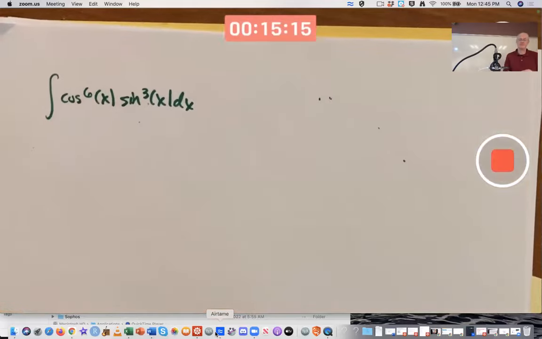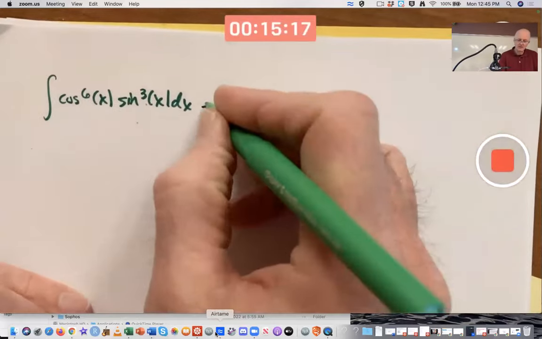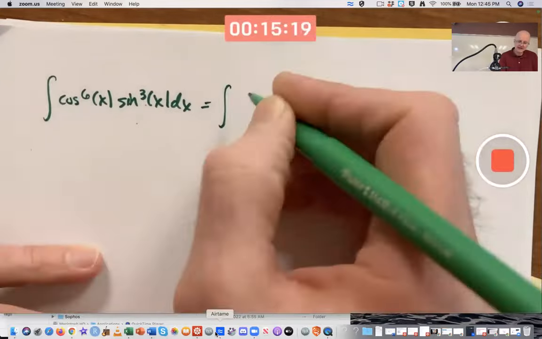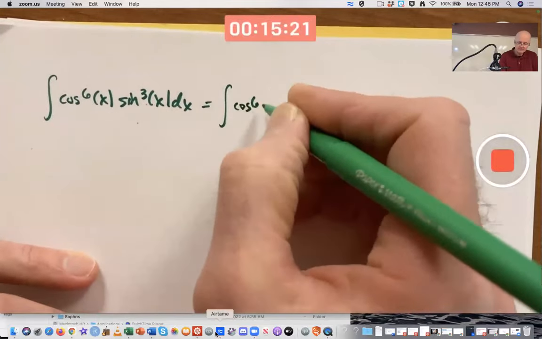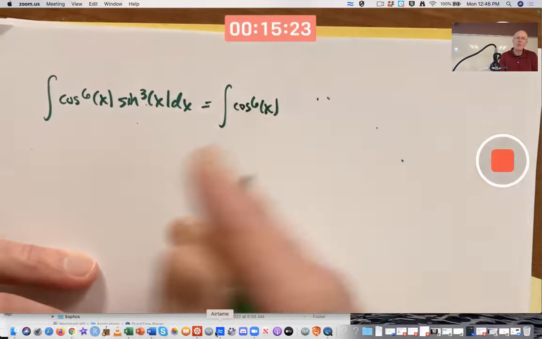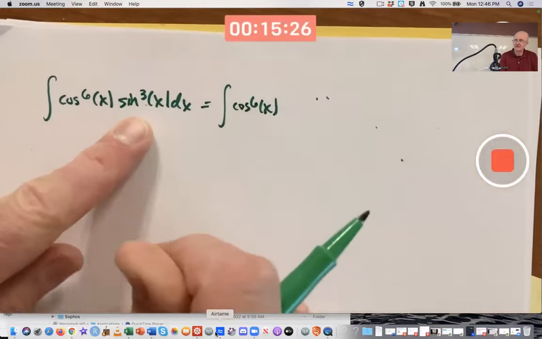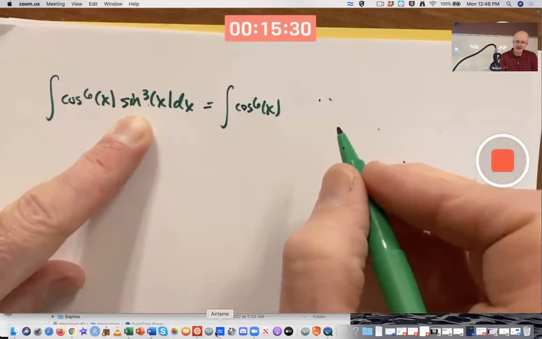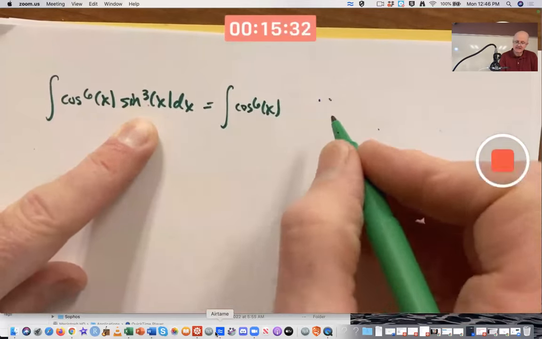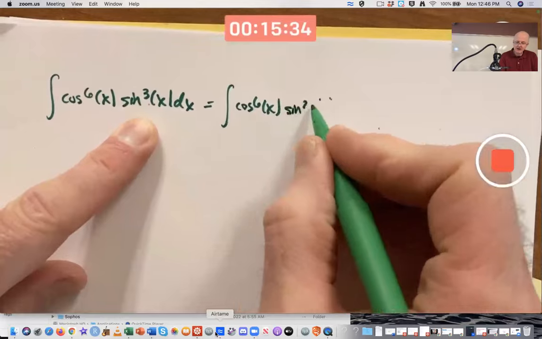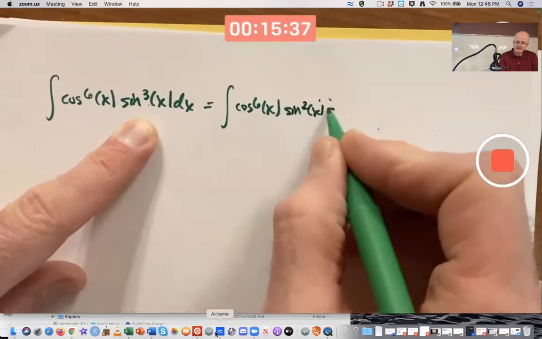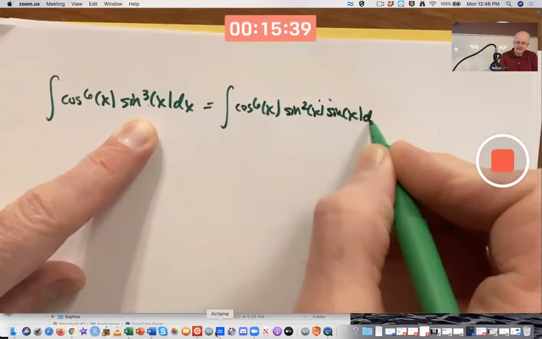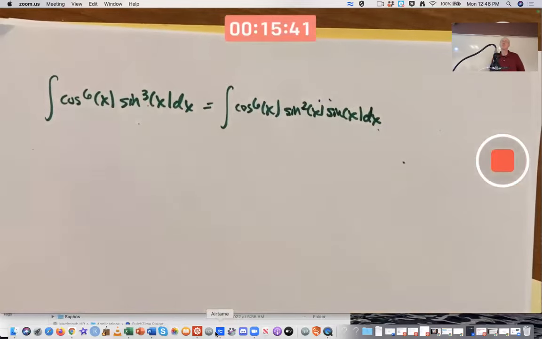Here's the method. Whichever one has the odd power, in this case it's the sine, peel off one factor of sine and put it next to the dx by itself. So I'm going to think of sine cubed of x dx as sine squared x times sine x dx. Why do I want to do that? Because